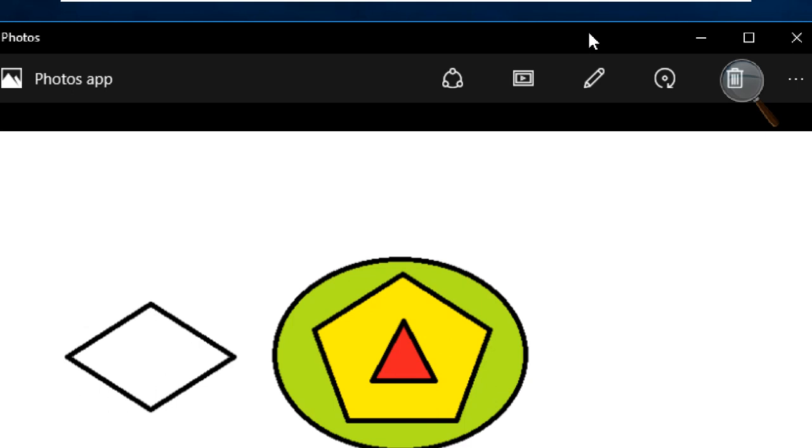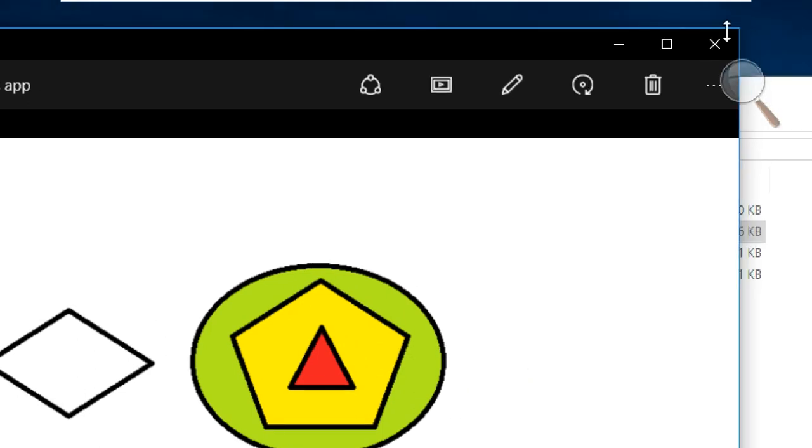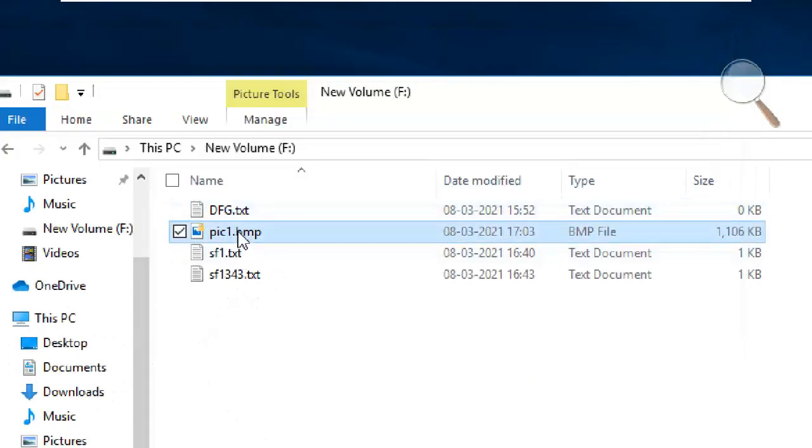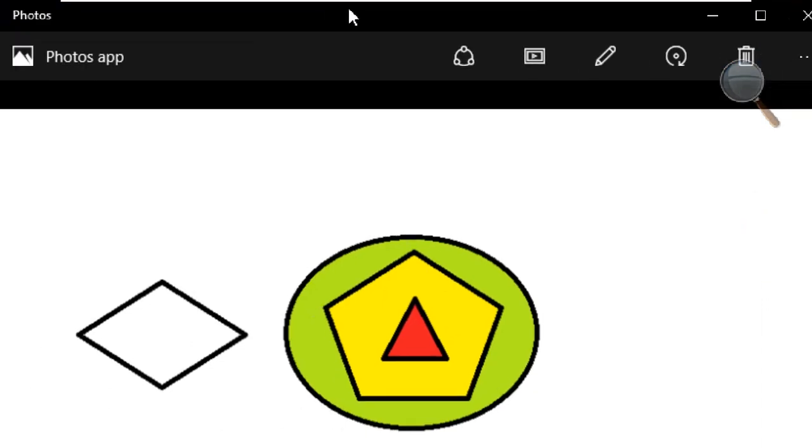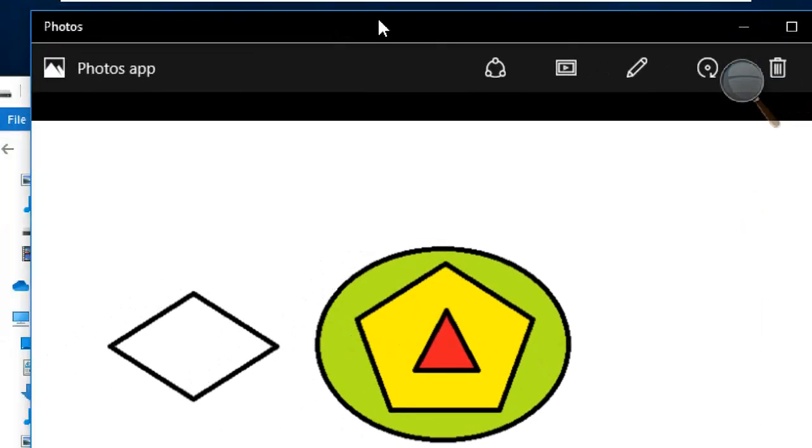Sir, can you access it again? The same file? So this is a file, right? I can open it. I deleted the key, and still I can access it.